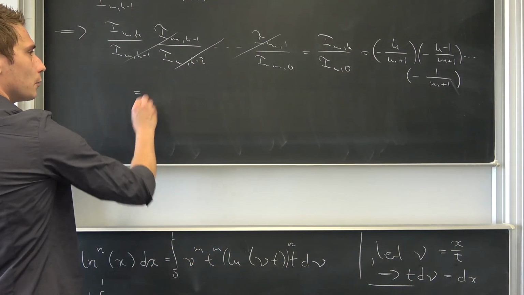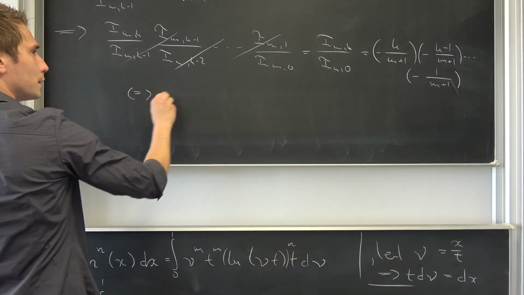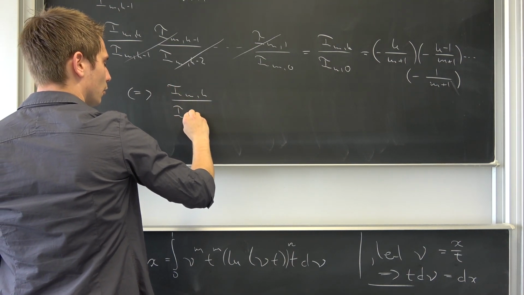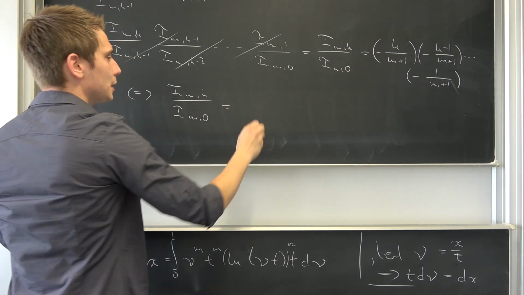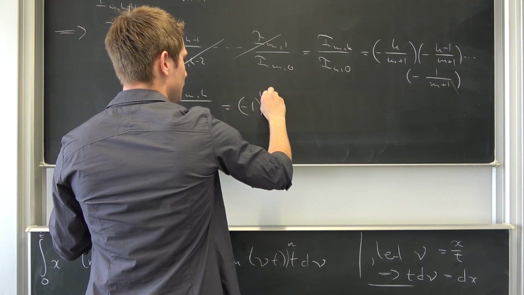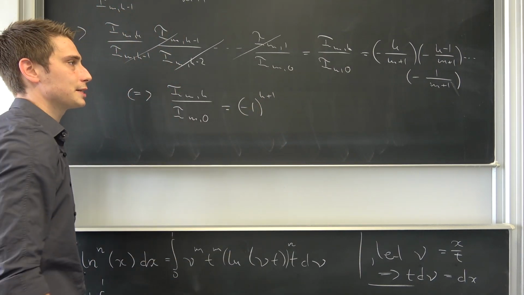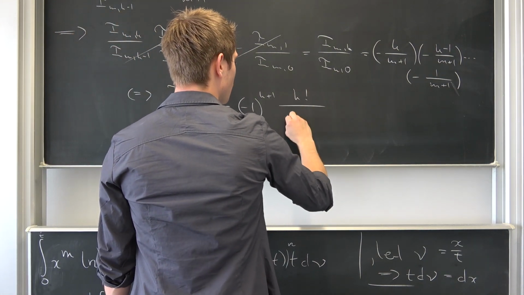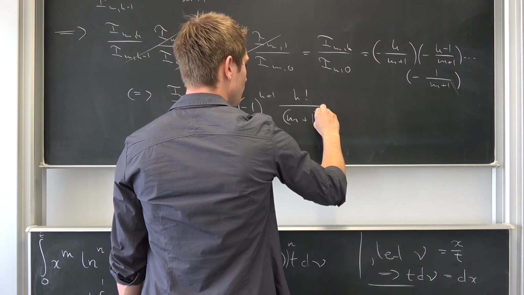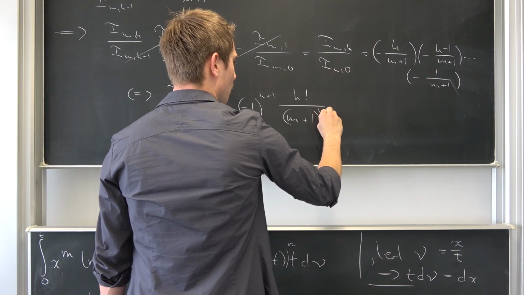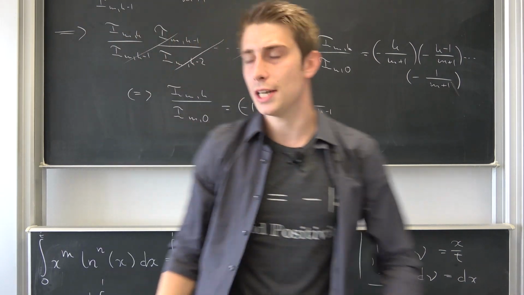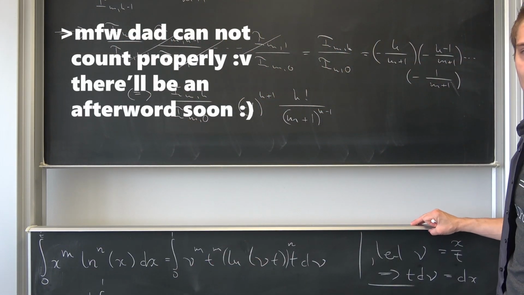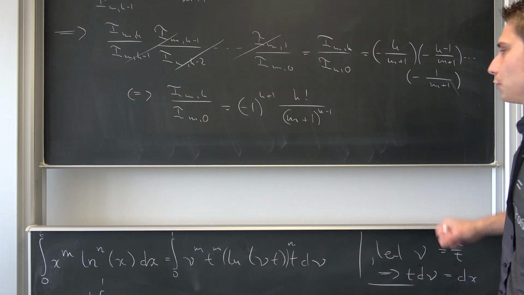Isn't that cool? We are going to be left with I of m comma k over I of m comma naught being equal to negative 1 to the k plus 1th power. I'm going to put a plus 1 right here because I prefer this over everything else. K factorial over m plus 1 to the k minus 1th power. And like I said, all that's really left to do is to find out what I of m comma naught actually is. And this is a really trivial thing, because